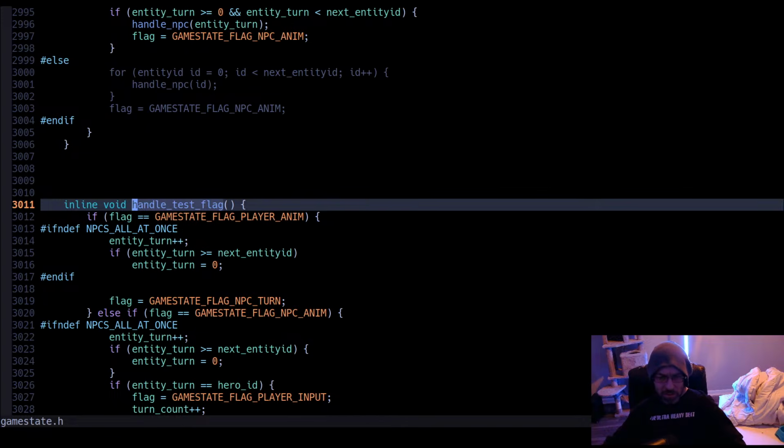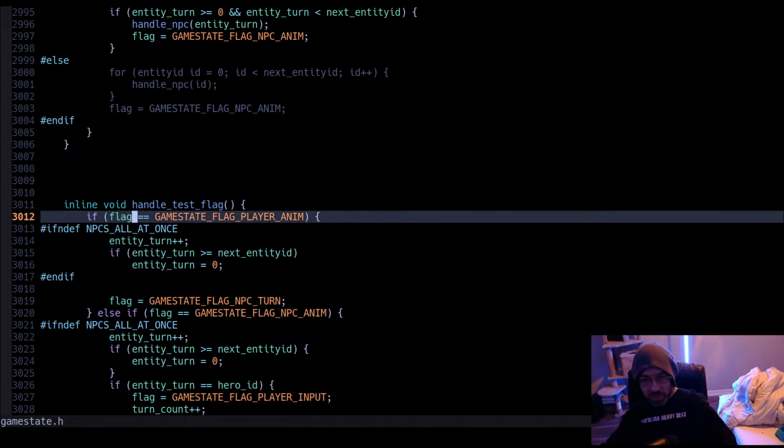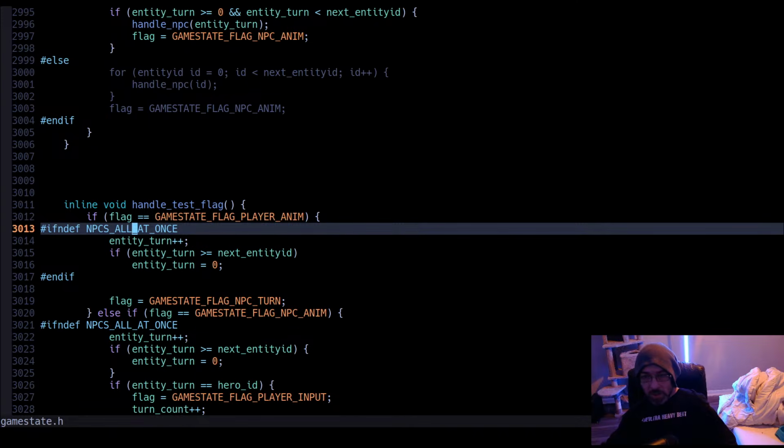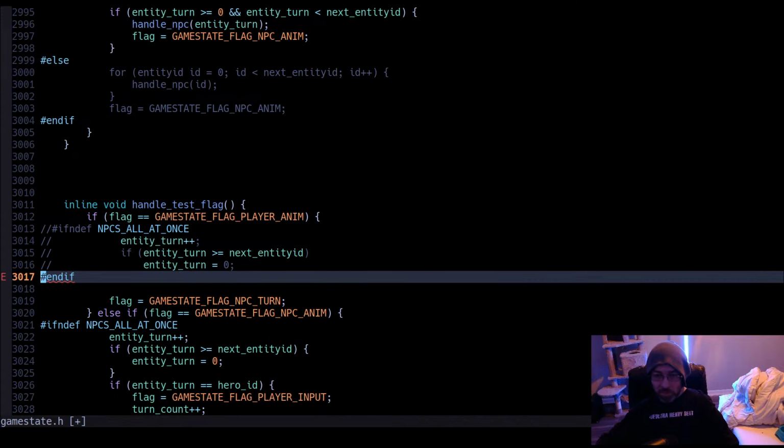Huh. Wait. This is probably confusing it. We're gonna disable all this for a moment.